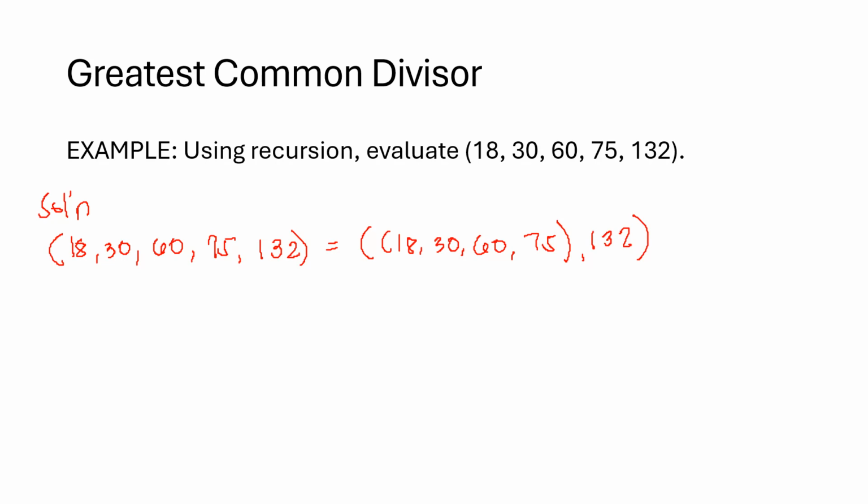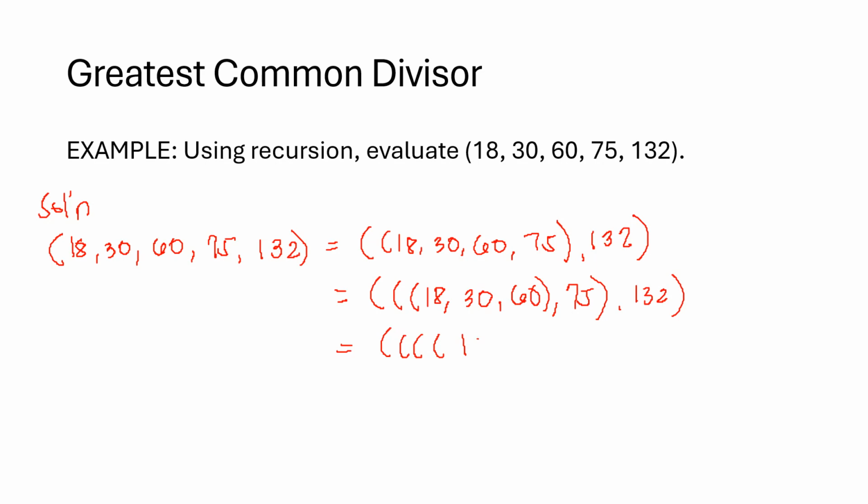Okay, and then you could now have the GCD of the GCD of 18, 30, then you have 60, then you have 75, then you have 132, which can also be expressed as the GCD of the GCD of the GCD of the GCD of 18, 30, of the 60, of the 75,